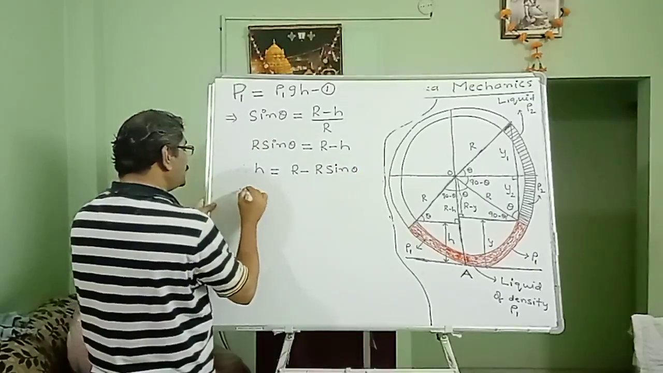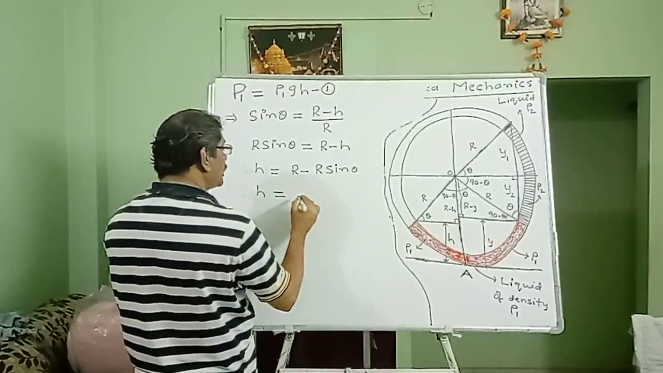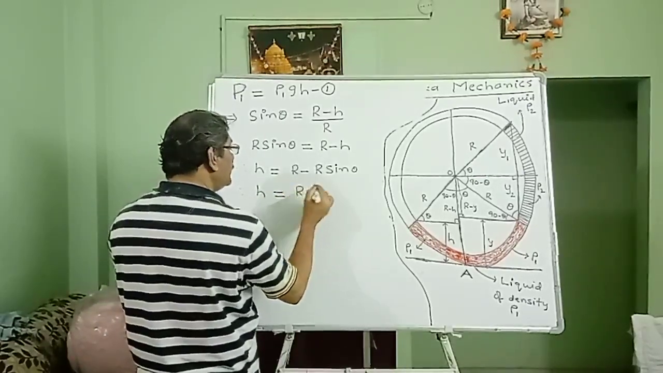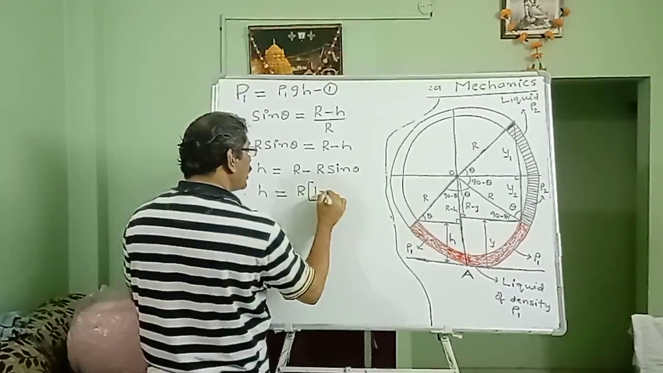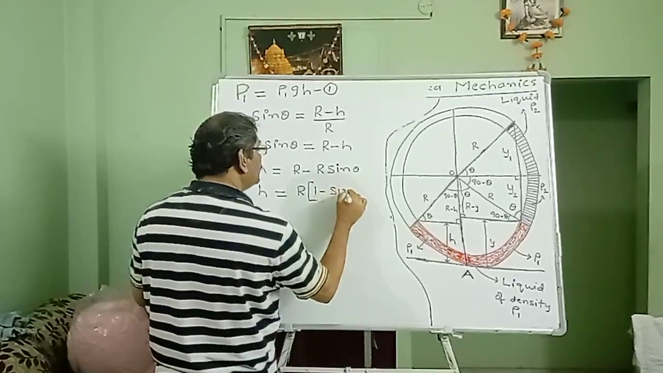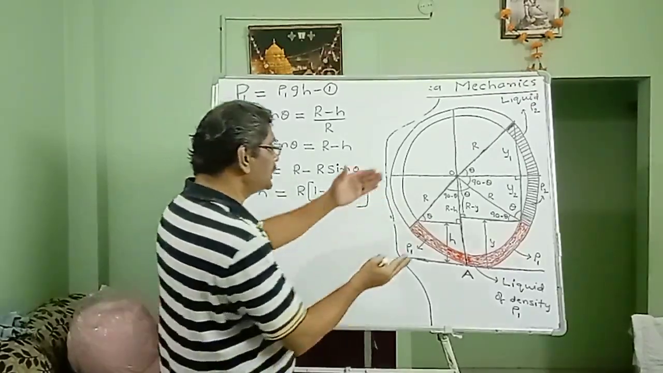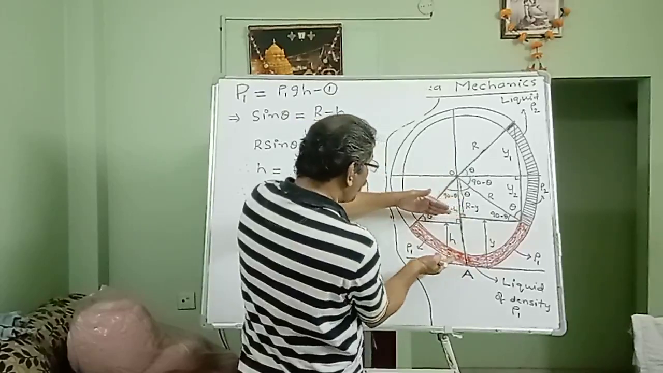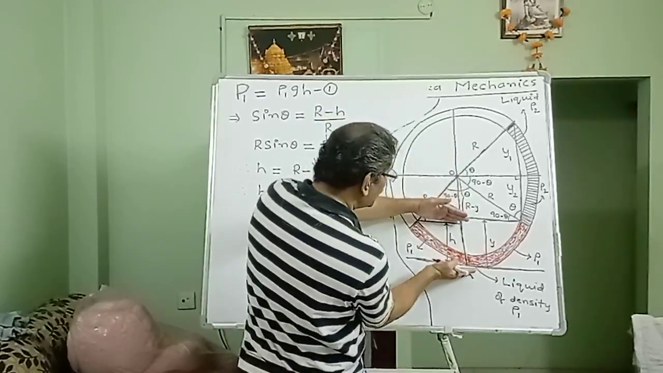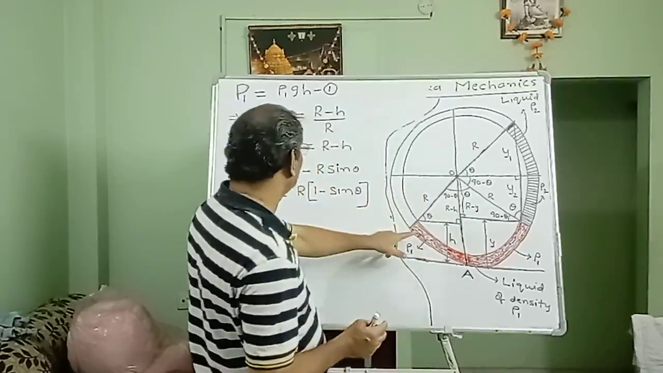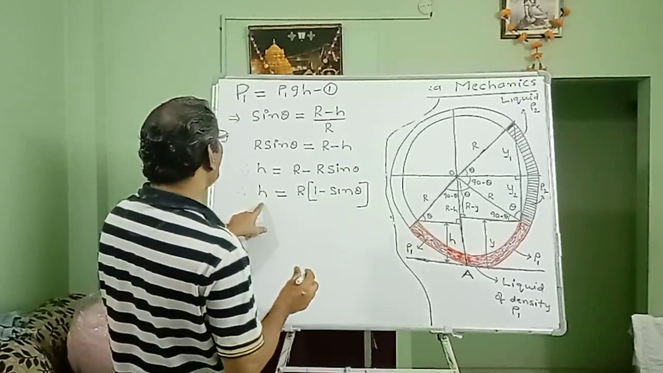That's the reason why the vertical height of the left column will be given by, r will be common, so what I get, 1 minus sine theta. So remember, we already got the vertical height of the left column. Now substitute the value of h